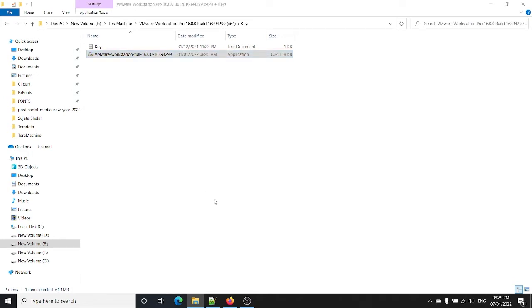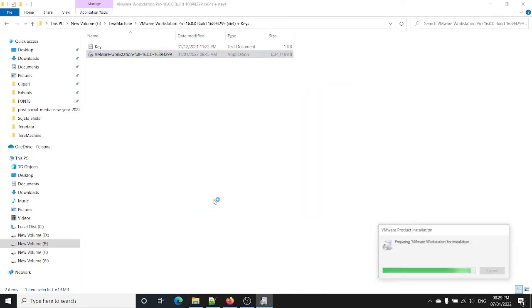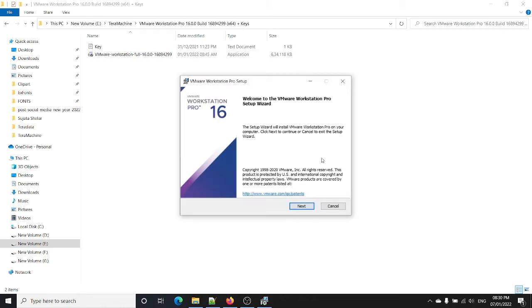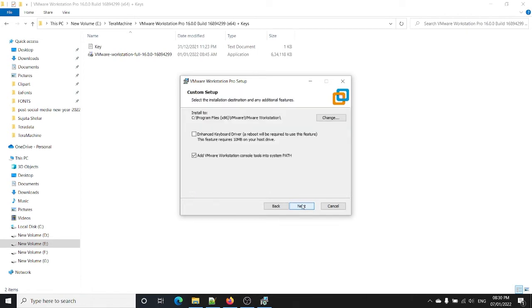First it will ask you for administrator privileges, so please give the privilege. After giving the privileges, a new pop-up has been raised. After getting this pop-up, please click on next. You have to agree to the license agreement, as we don't have any other option.